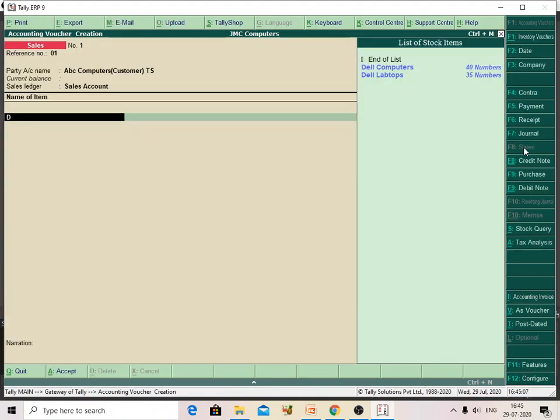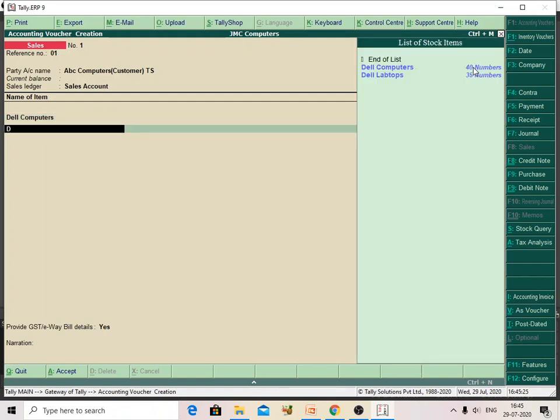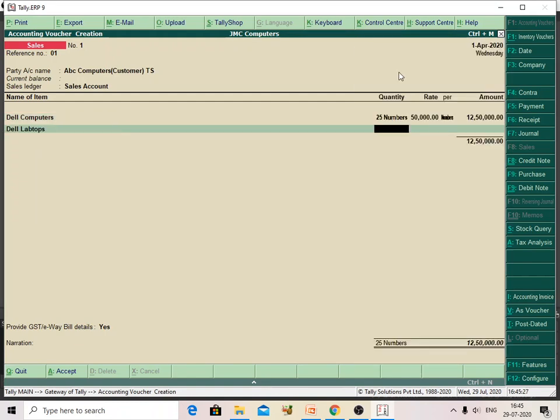In my shop, 40 computers are available and 35 laptops are available. Out of 40, I am going to sell 25 computers at 50,000 rupees each. And also I am going to sell Dell laptops, 35 are available, at 65,000 rupees each.